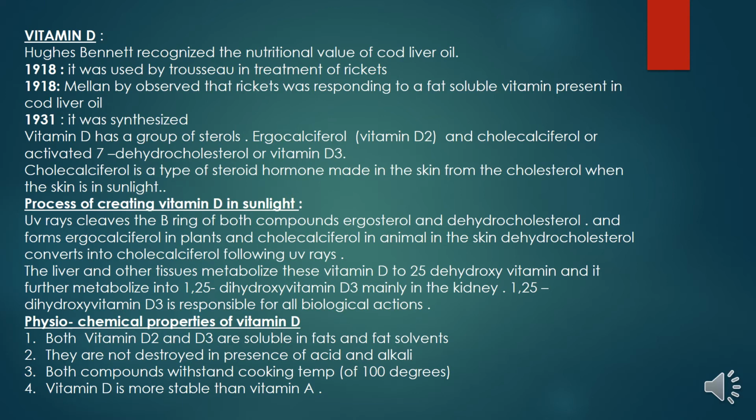Physicochemical properties of vitamin D. Both vitamin D2 and D3 are soluble in fats and fat solvents. They are not destroyed in the presence of acid or alkali. Both compounds can withstand a cooking temperature of 100 degrees. Vitamin D is more stable than